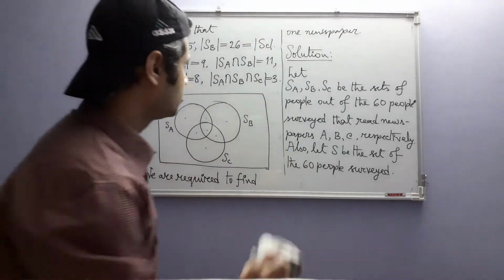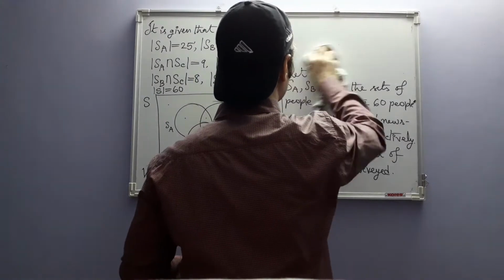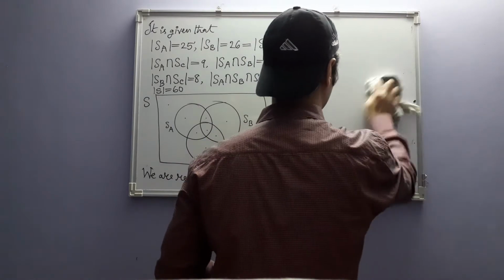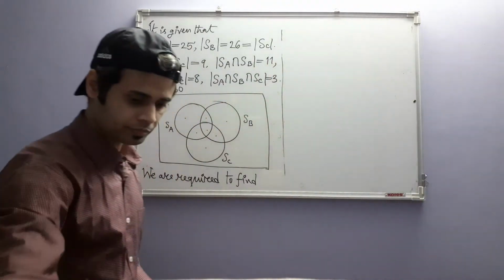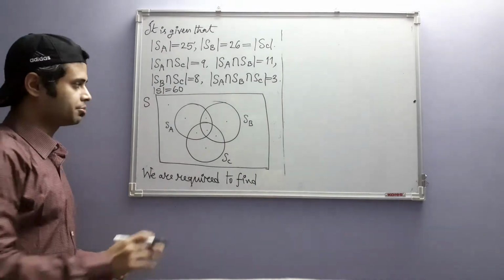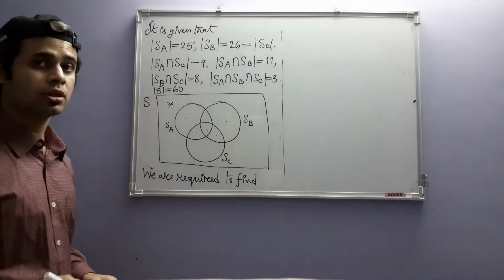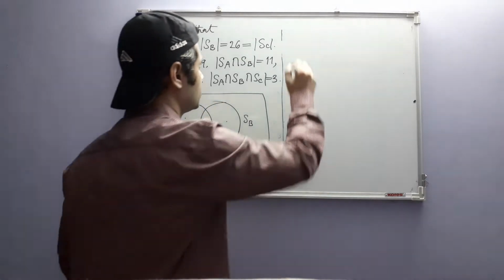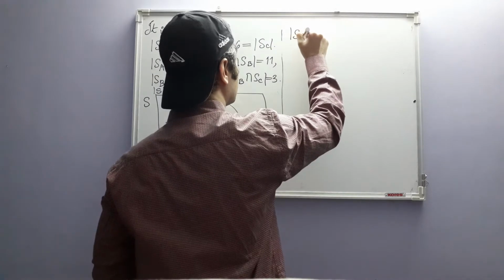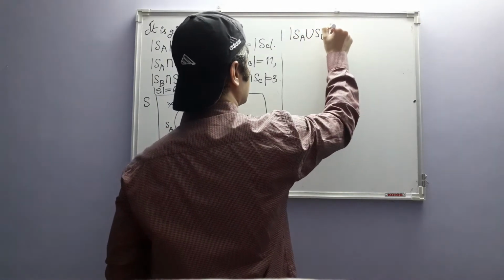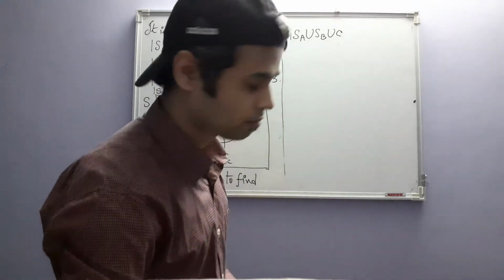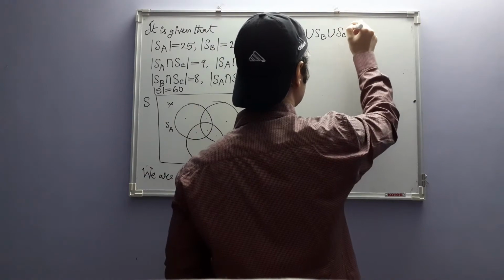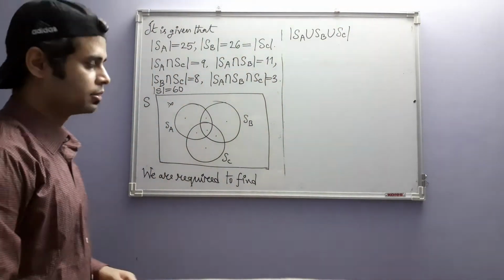Okay, so we are required to find people who read at least one newspaper. That means these people are not accounted for. So that means we have to find the number of people here. So we need to find this, the cardinality of this union of SA, SB, SC, and